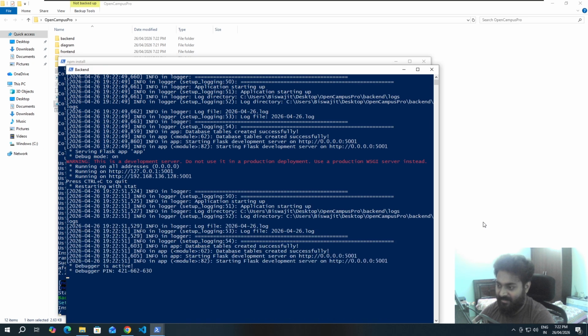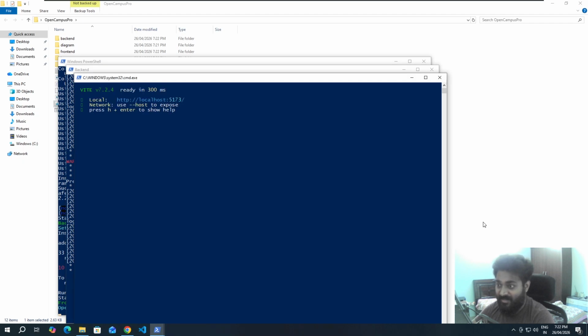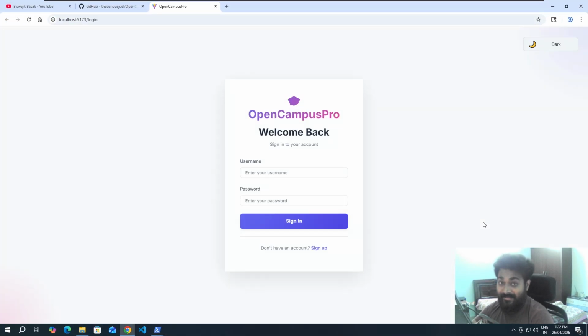So the backend is running, and it is setting up the front end. As you can see, the front end is also running. Okay, and see, it started the application. Now, if you are facing any kind of problem over here and you are on a different system, maybe,